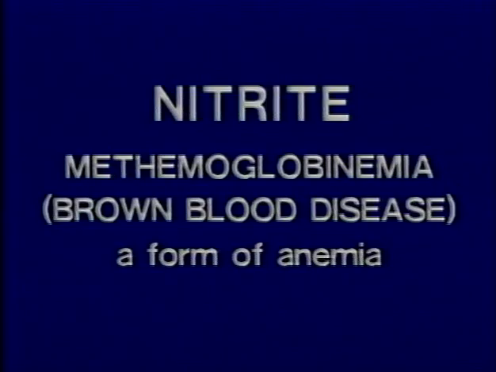Fish exposed to nitrite lose the ability to carry oxygen in their blood due to nitrite's effects on hemoglobin. This causes methemoglobinemia, a form of anemia. This results in the blood turning a brownish color. This is why nitrite toxicity is often called brown blood disease. The tubes shown here contain diluted samples of blood from fish exposed to various concentrations of nitrite. The second tube from the right contains blood from an unexposed fish.